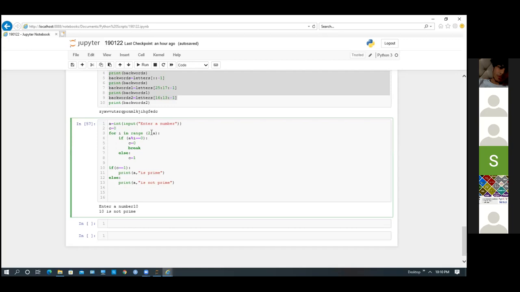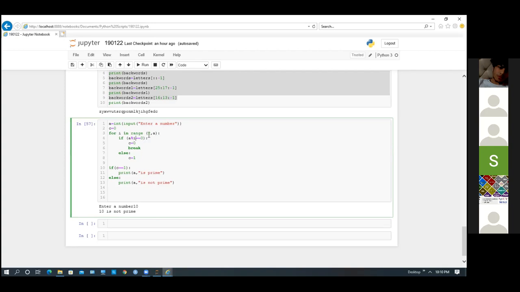So what we have done is we have gone from 2 to a. If I write 10, it will go 2 to 9, correct? So we are removing 1 here and 10 there. So 1 and 10 I am not considering. Now what I am doing is 10 mod i equals 0.